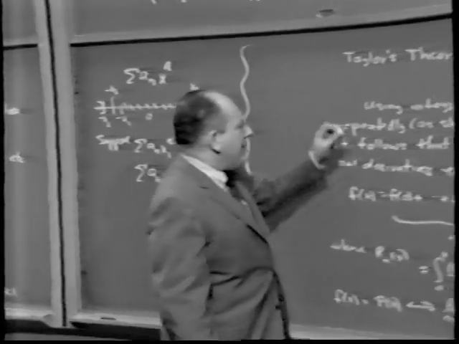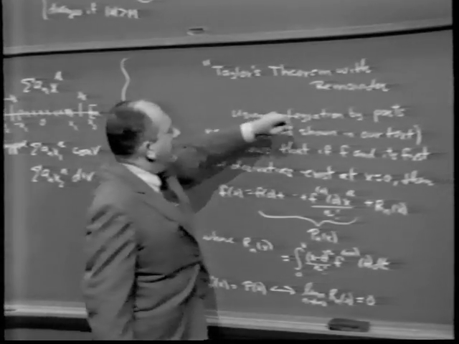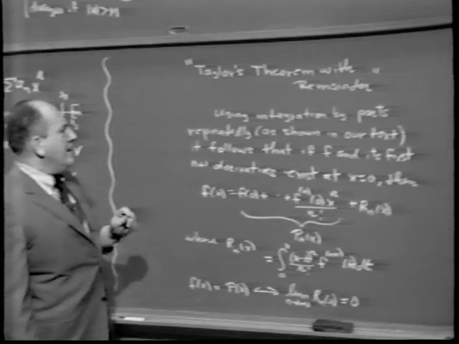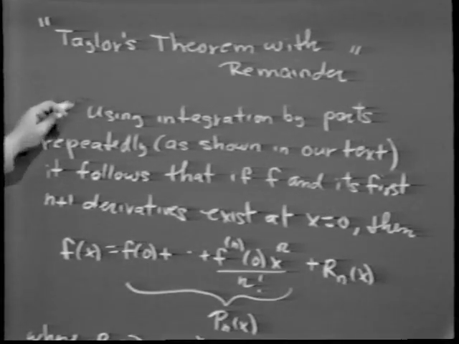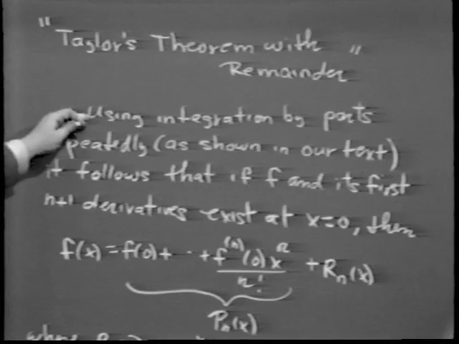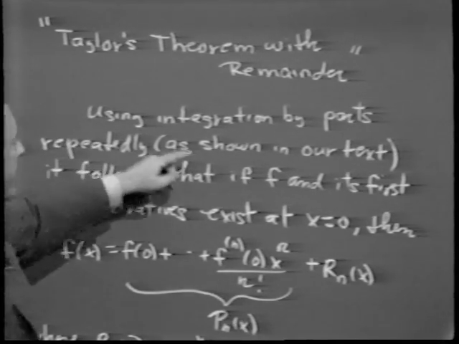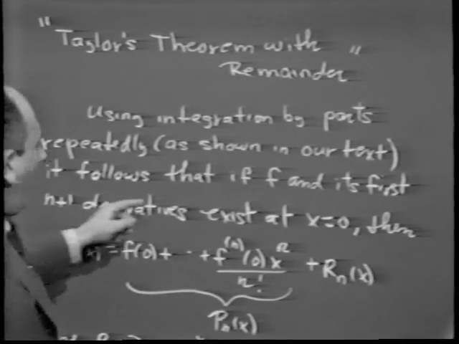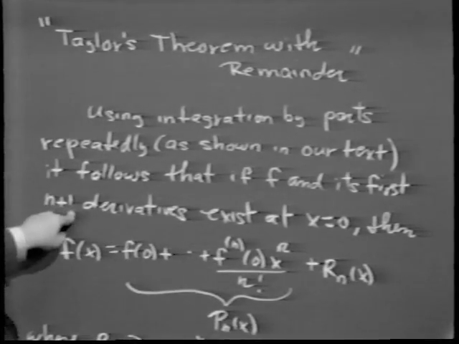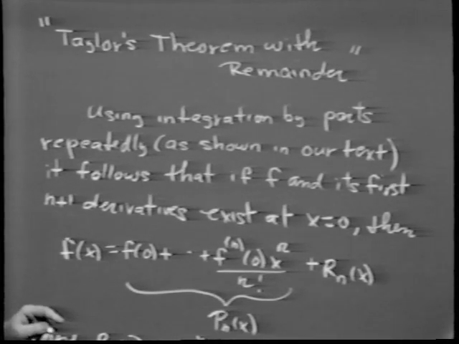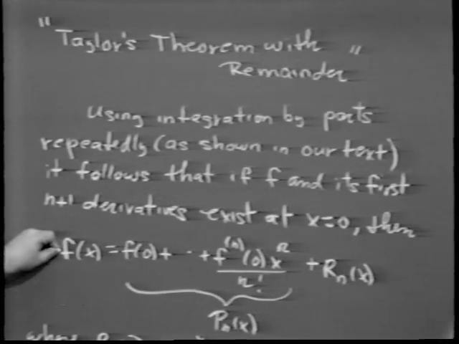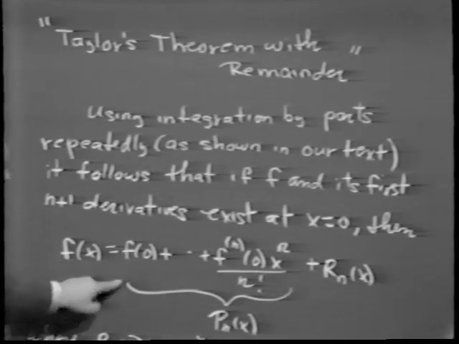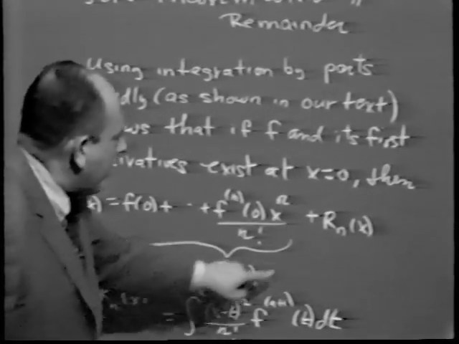And again, this is done extremely well in the text. It's called Taylor's theorem with remainder. The proof is given very, very nicely. I think the hardest part is to show what the thing means. You see, using integration by parts repeatedly, which is done in the text, it follows that if f and its first n plus 1 derivatives exist at x equals 0, it turns out, and this is why this is called Taylor's theorem with remainder, it turns out that f of x can be written as Pn of x plus a